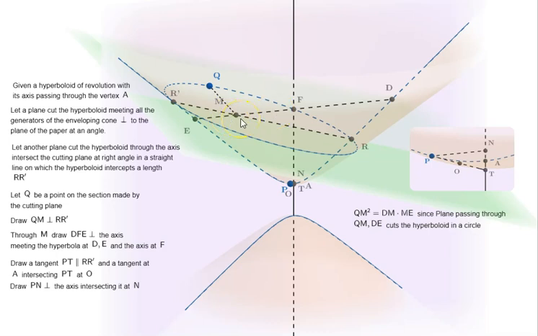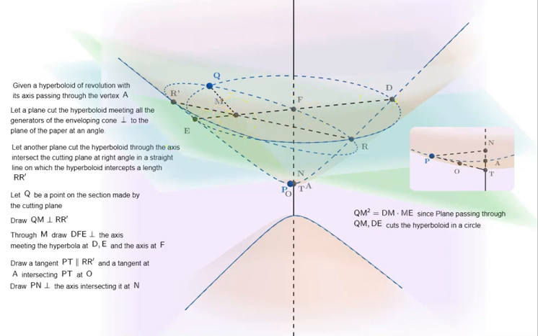How can we say that? Now if we draw a plane passing through DE and QM, then this plane will cut the hyperboloid in a circle. Semicircle DQE is on DE and QM is perpendicular to DE. QM square is equal to